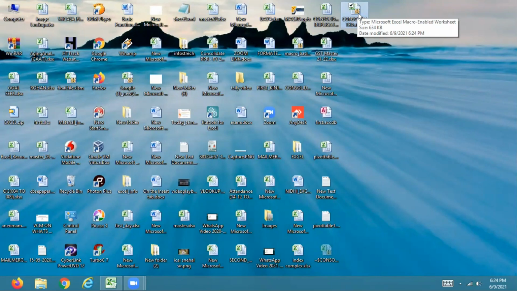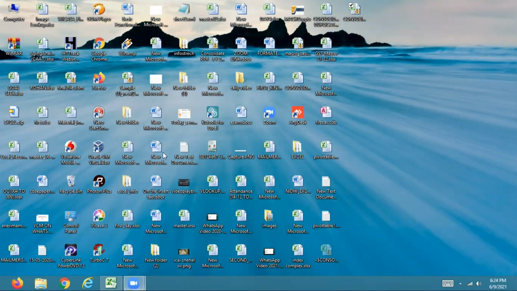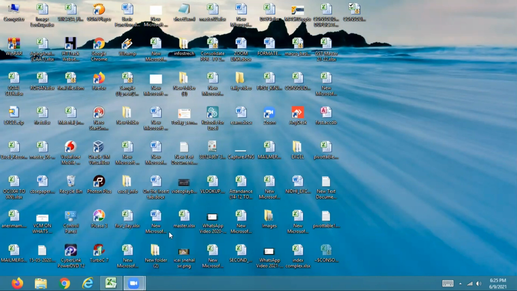So all of these files are macro-enabled files. It is very useful from your side. Make sure that if you want to use the macro, it will be usable from the Excel file. Now,